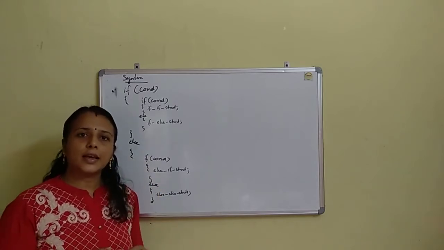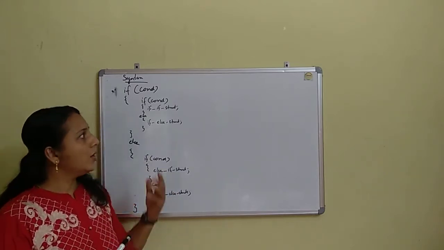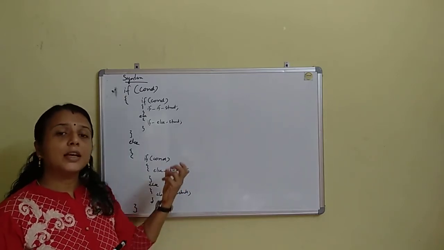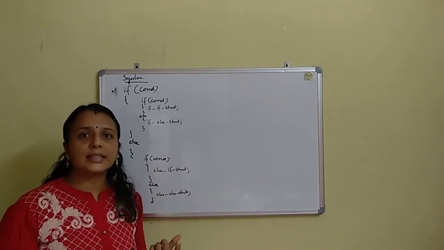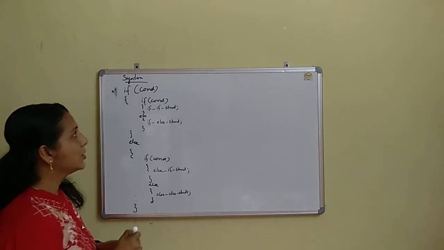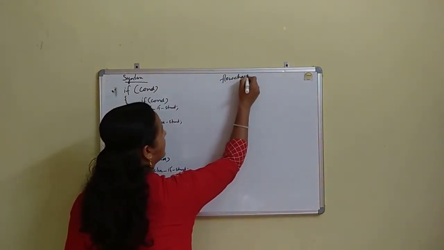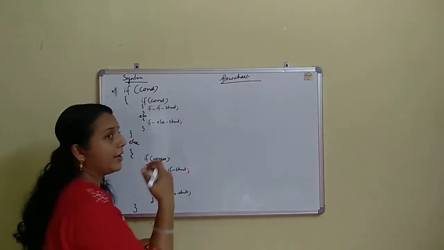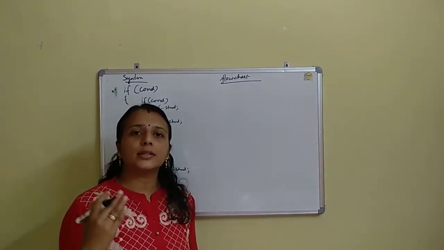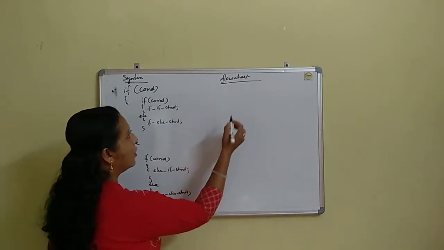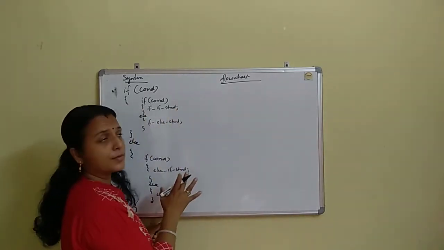else block executes. Now let's see the flowchart, or flow of execution, that happens during the execution of a nested if else block. So this is the normal way. We have to use all the syntax, all the symbols used in a normal flowchart. So let's begin the flow of execution for this nested if else block.